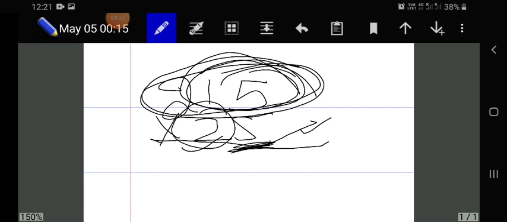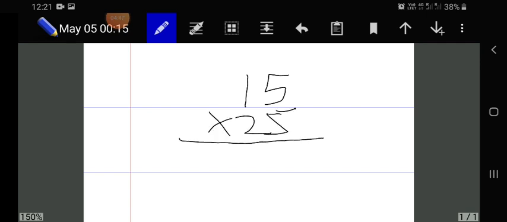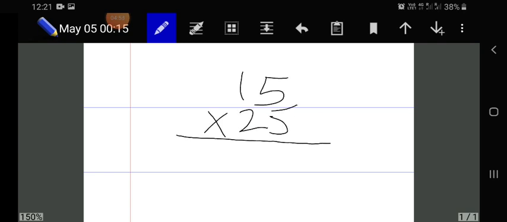Okay, so let's just start. I'll take the two digit number 15 multiply by 25. How will you do it? First of all, we will multiply this 5 with the whole 15. Okay, let's just start. 5 5s are